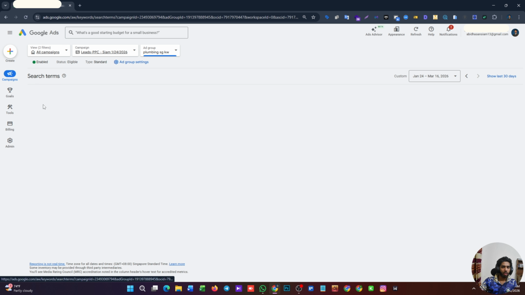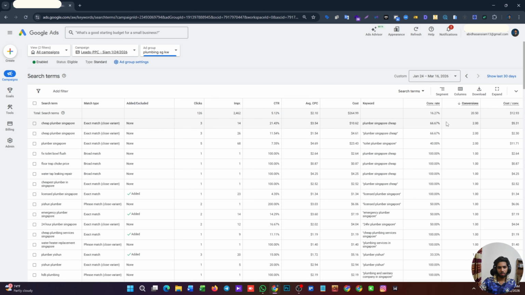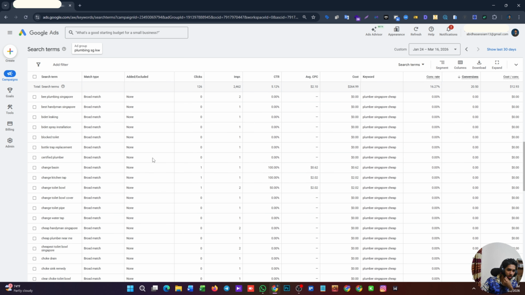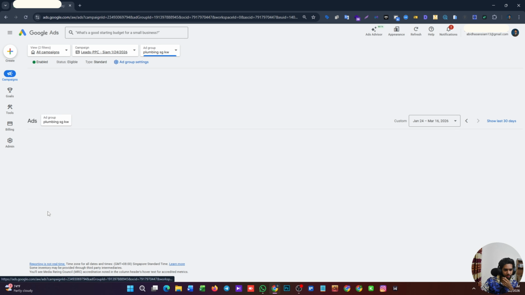And I go to search terms, and select the conversion column: cheap plumber Singapore. These keywords I also added. And I check the search terms, and here I see these keywords are not relevant for my service. That's why I use them as negative keywords. And if I go to the ads,